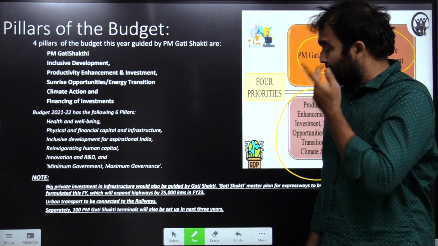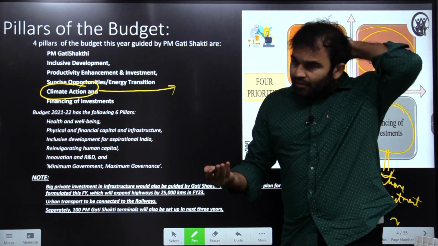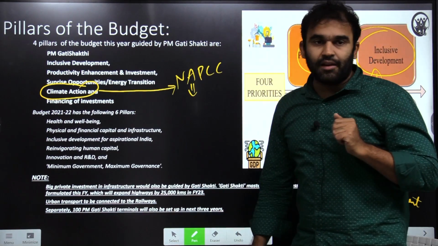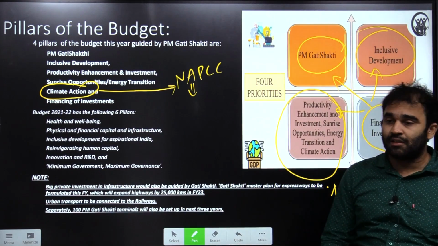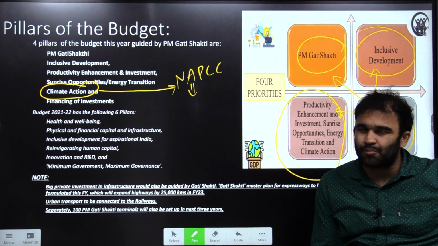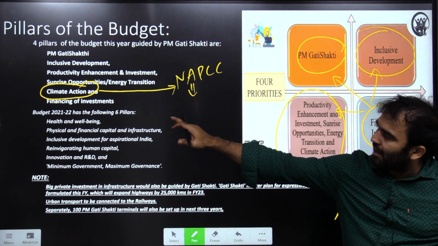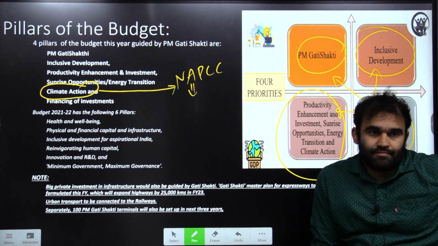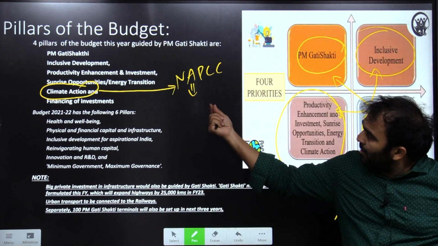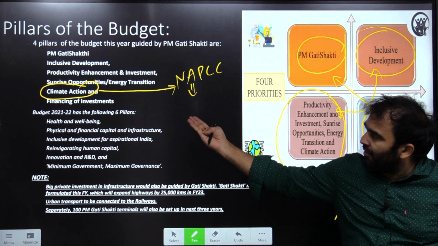Just to give you a context. So here, see, climate action. Just forgot to mention this. Climate action. This is where your national action plan on climate change comes up. Any deforestation, afforestation measures, national green policy or green national forest policy is there, of course, it is there. But all those steps that the government is taking to fight climate change, they are part of your climate action. So while reading, these are the subtopics that you should focus upon. So financing of investments, these are the 4.